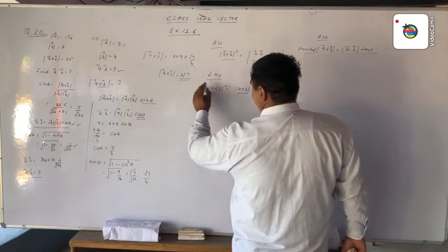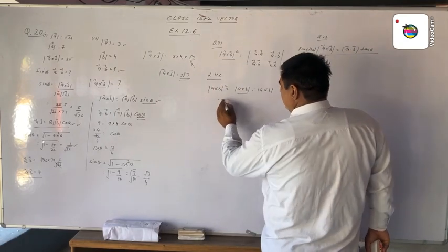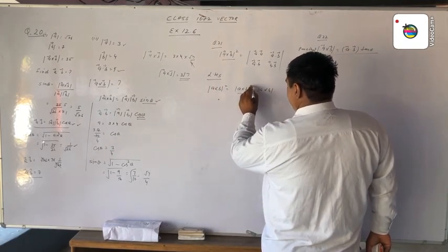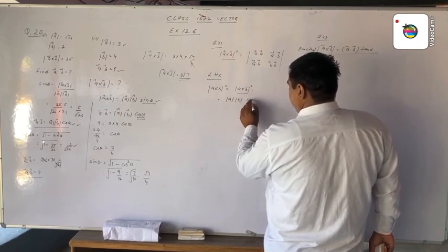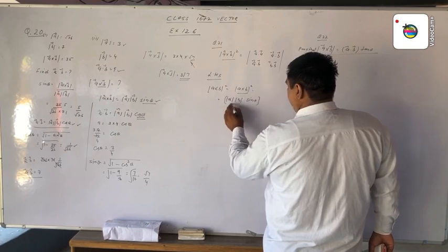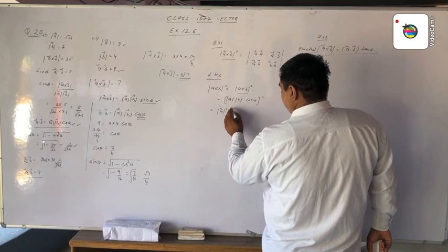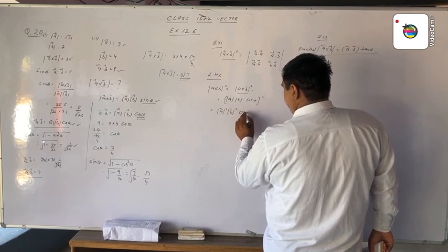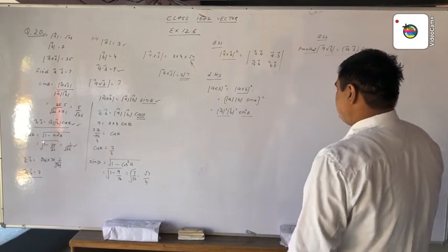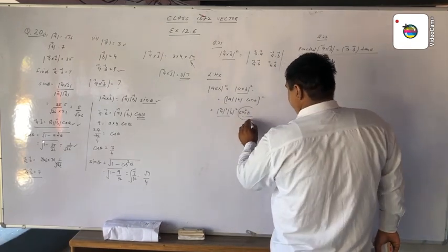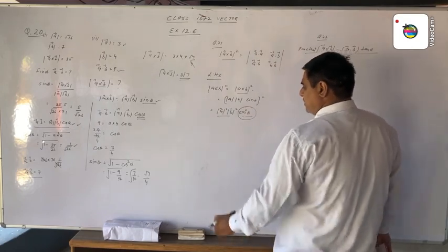Now we have to find this formula. A cross B magnitude squared is equal to, now we write this whole squared, the magnitude of A, magnitude of B, sin theta, whole squared. Now we open this whole square: magnitude of A squared, magnitude of B squared, and sin square theta. Now look here, A magnitude square, B magnitude square into sin square theta. We know that sin square theta is equal to